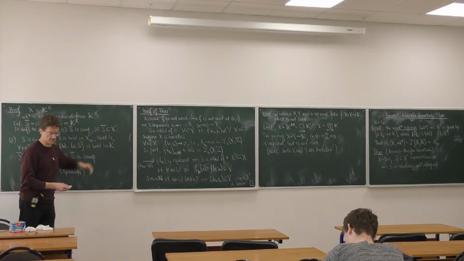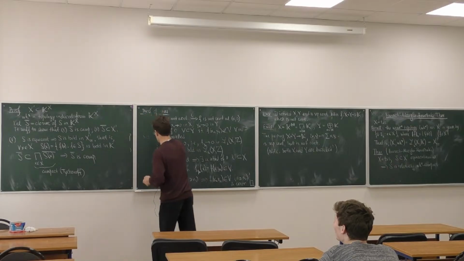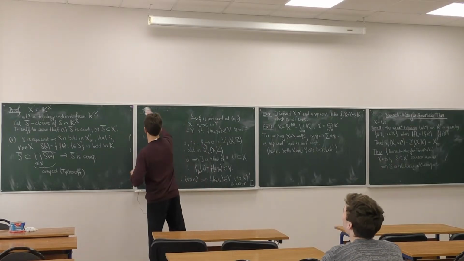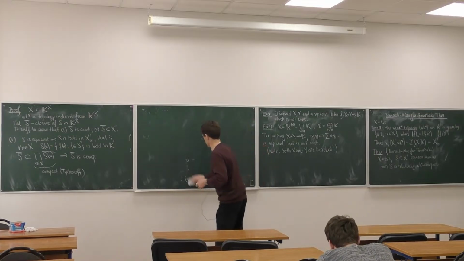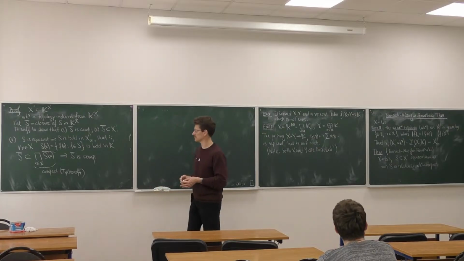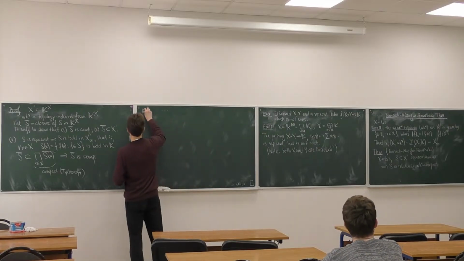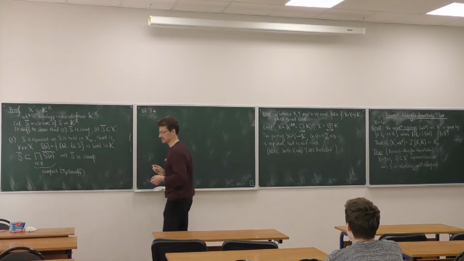So this proves part one. And now we have to show that it is contained in X prime. That is, it entirely consists of continuous linear functions. To prove this, let's use once again the equicontinuity assumption. So by equicontinuity, there exists